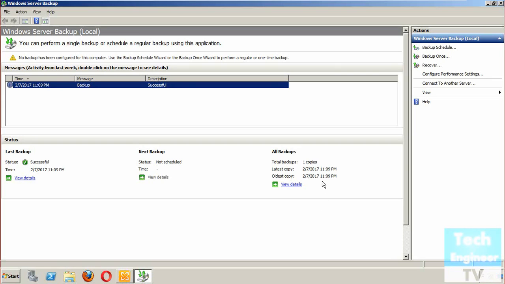So this is what backup is all about, and you can check out our disaster recovery series, our entire backup series for the Windows Server machines, Windows